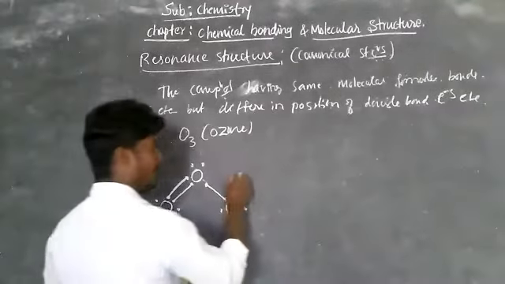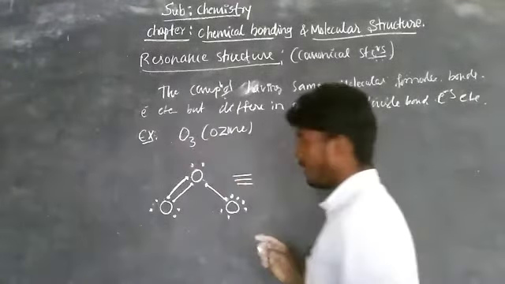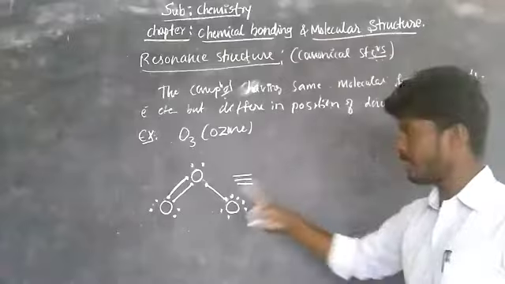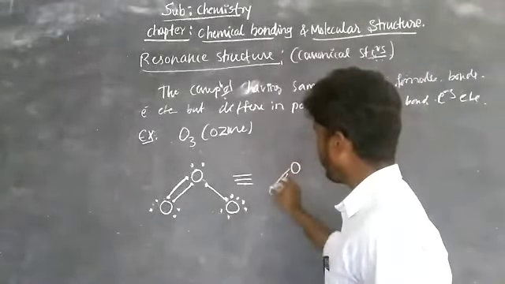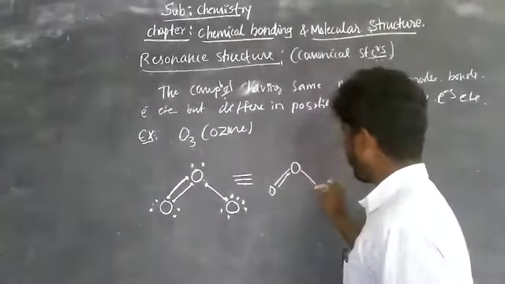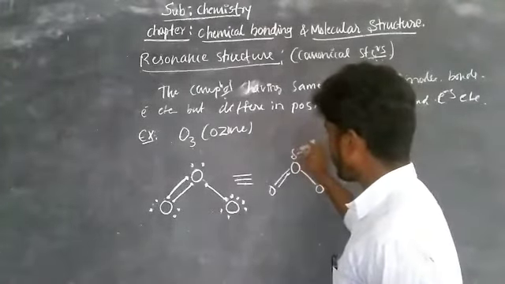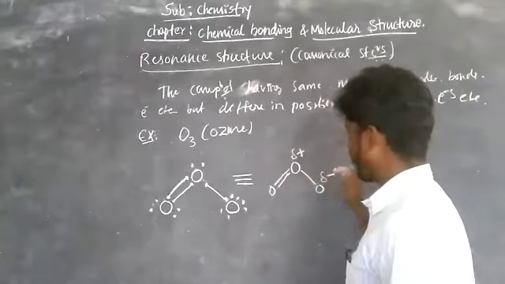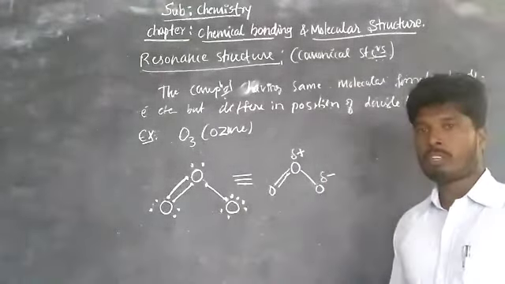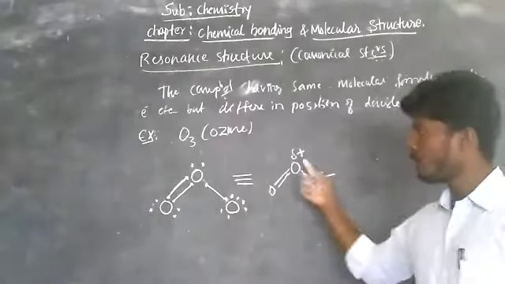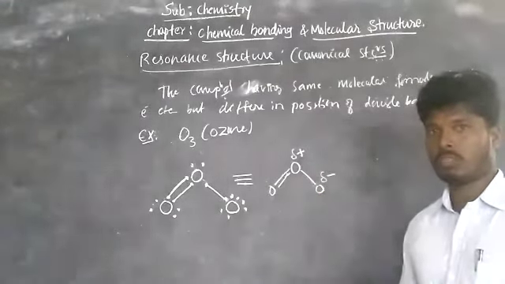So this can also be written. I am putting it like that. Triple bond, it means equivalence. This is equal to oxygen double bond O, single bond O. It carries a positive charge, electron deficient. It carries a negative charge, delta minus. Delta means partial. Why is it partial? The electrons are shared between these two.